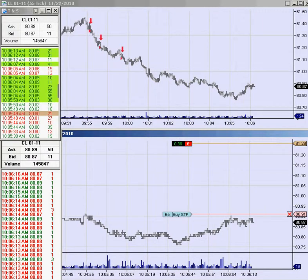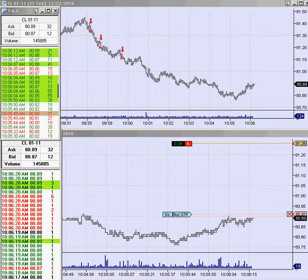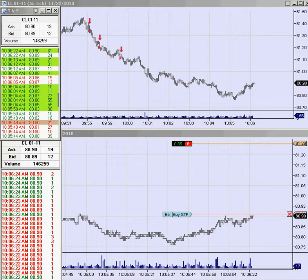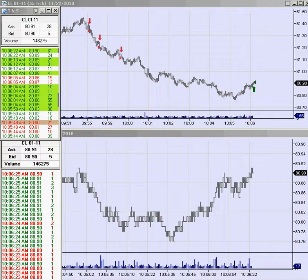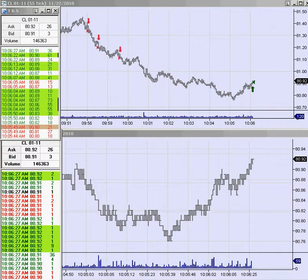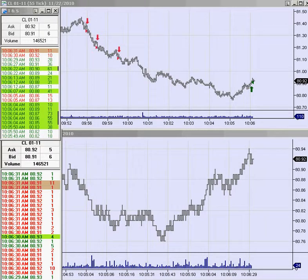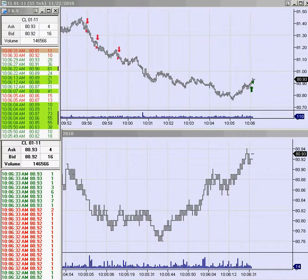Okay, we just got filled. So like I said, now we're going to either go all the way back up again, or we're going to retrace up before breaking again. So good job, 3 units, nice profit on 3 units, and let's keep ourselves focused here and on to the next trade, because I think this kind of move is going to make